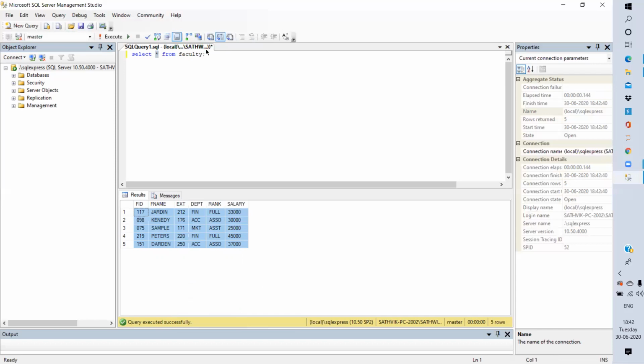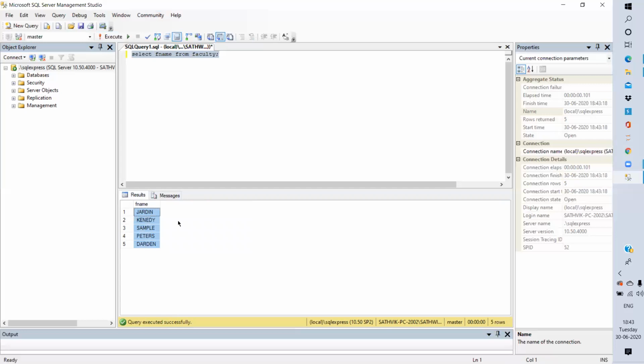Next, if we want a specific type of data, like we want only faculty names from the faculty table, we need to specify the column name in place of asterisk, f name, right? Now hit the execute button.